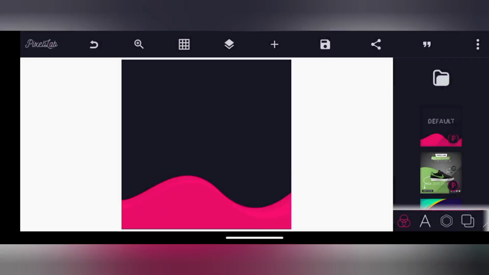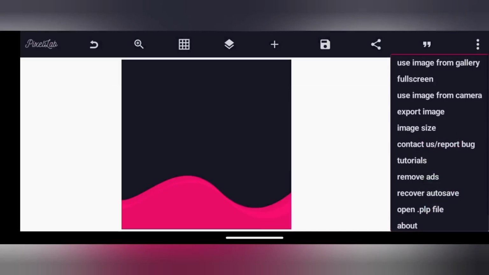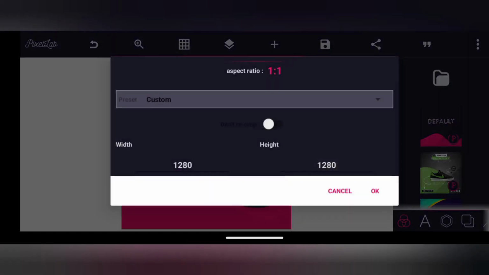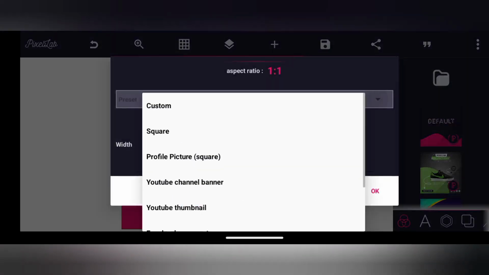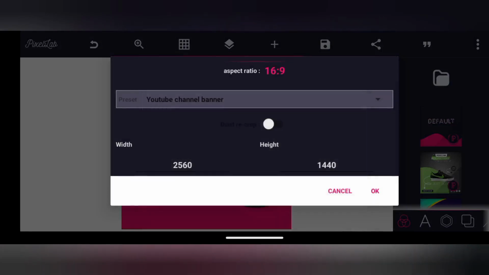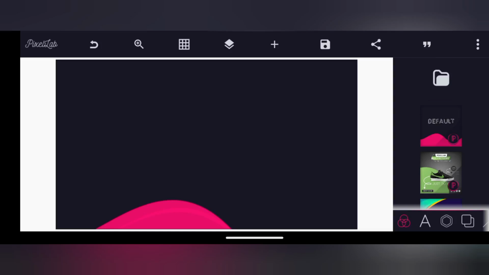Alright, then we're going to be using the YouTube banner. So come to image size, click on this YouTube banner, then say okay. Alright, let's get started. So the first thing here, as you can see, is actually used for you